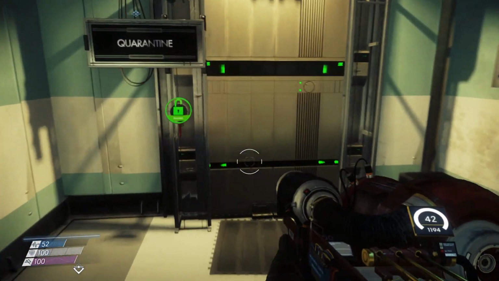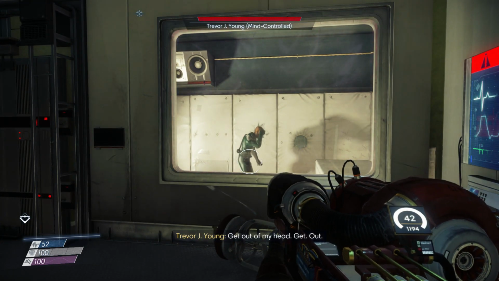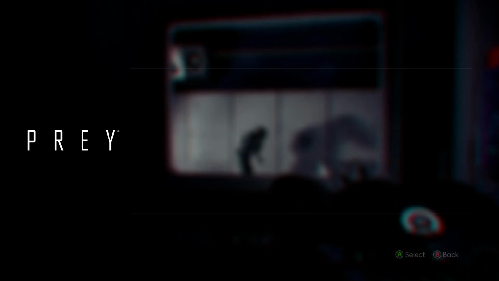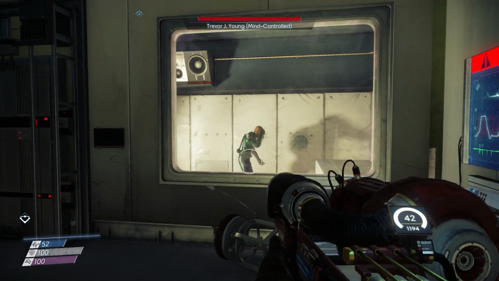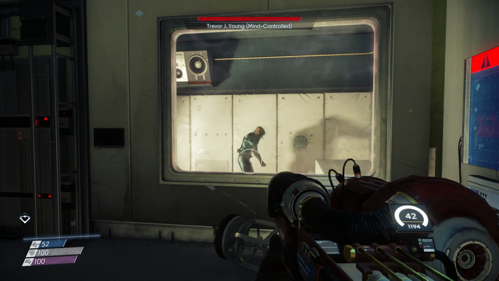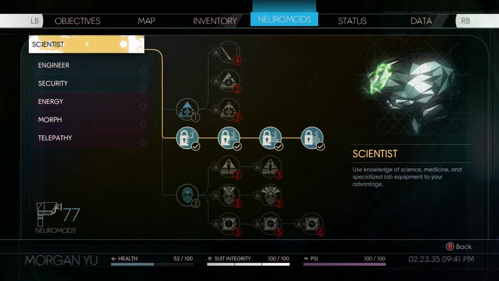Now we're going to head over here to Mr. Trevor, who we have kept alive for this purpose. So we are going to make a quick save right here, because I'm going to want to do a little bit of reloading so that we can use him for a couple of achievements. And then I am going to